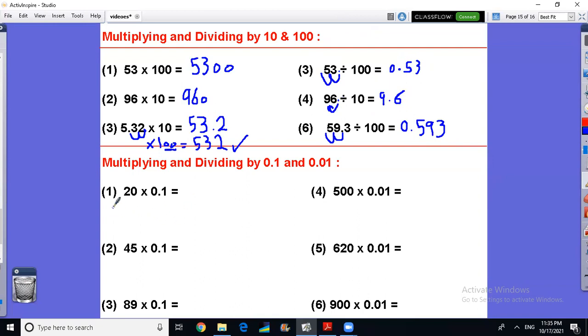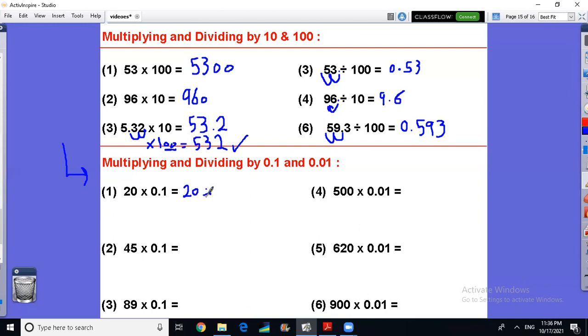All right, now we're going to start our lesson. Multiplying and dividing by 0.1, which is what? 1/10, and 0.01, which is 1/100th. So here it says 20 times 1/10. You have to read it this way, guys. I don't want you to read it 0.1 anymore. So 20 times 1/10 is actually the same as 20